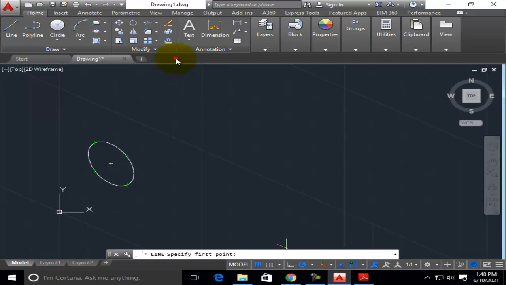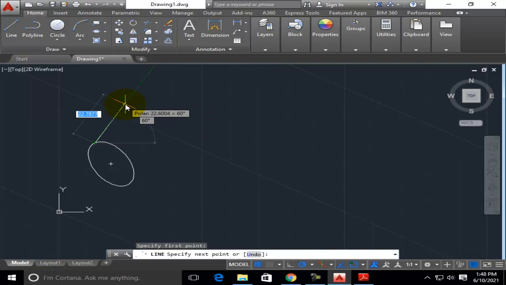Now I am going to draw a line. If you select here and move the cursor, it is showing in green color, right? First it is for 15 degrees, then if you move it further, it will show for other angles. For 22 it is not showing that green tracking. If you go to 30 degrees it will show a green dotted line. Similarly for 45, 60, 90, it is tracking the angles in increments of 15 degrees, right?